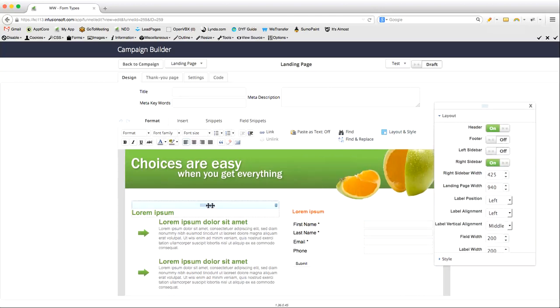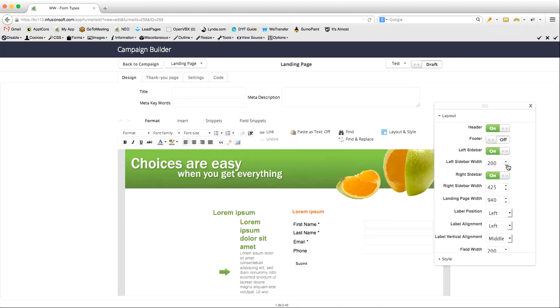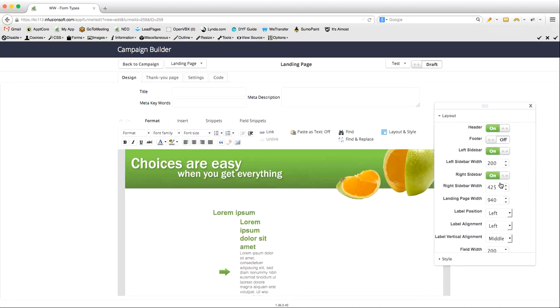Some prefer to have just more of a larger middle section with maybe a smaller left and a right side margin, basically, without having data in each section, each column. With a landing page, you can get up to 3 sections. We'd have to confirm, but I think the smallest amount, if I recall accurately, is 100 pixels that you can make the left and right side column. So what I mean by that is, why would that matter? If we turn the right column on and off, and we adjust this,